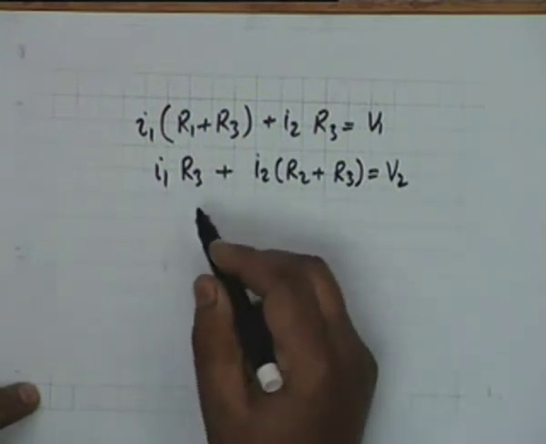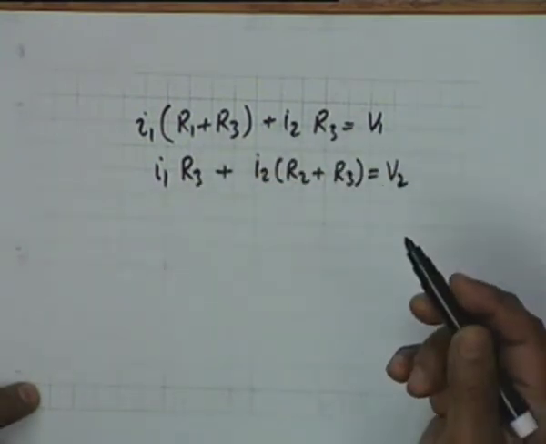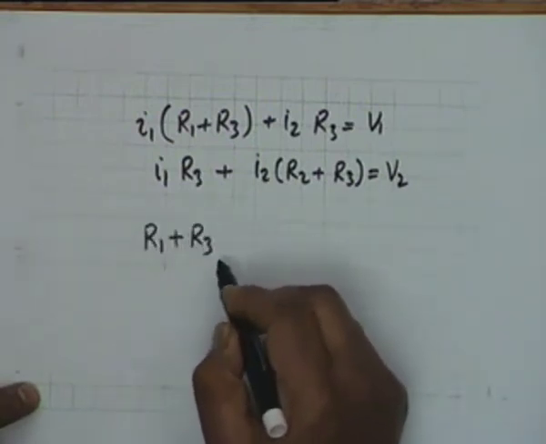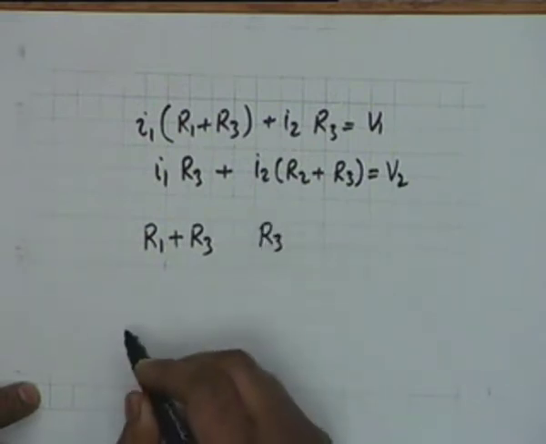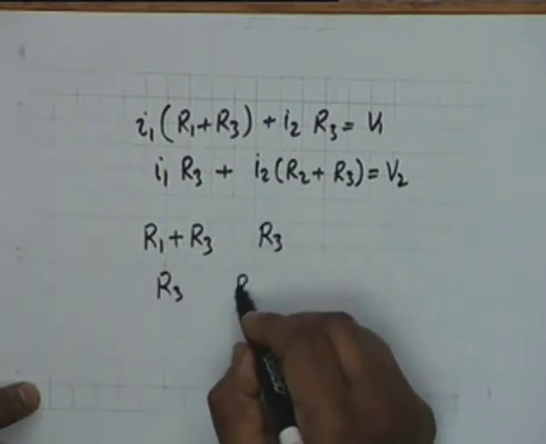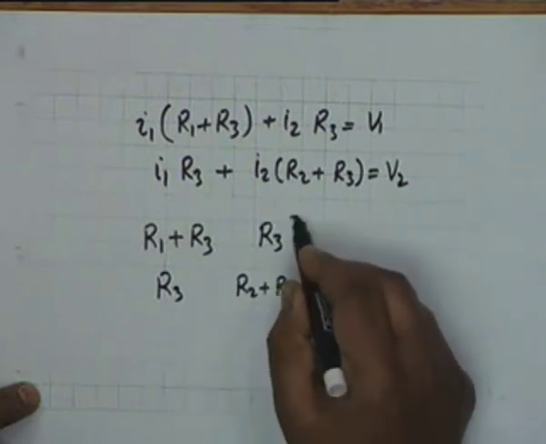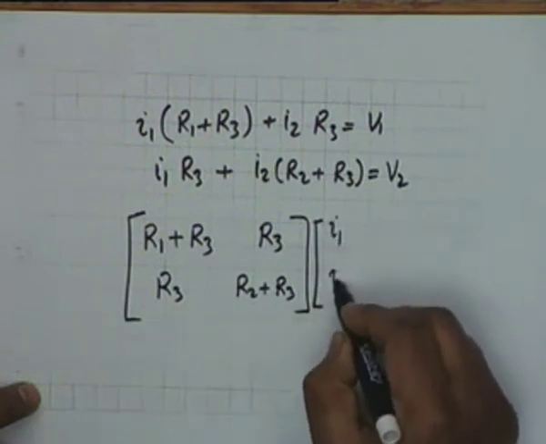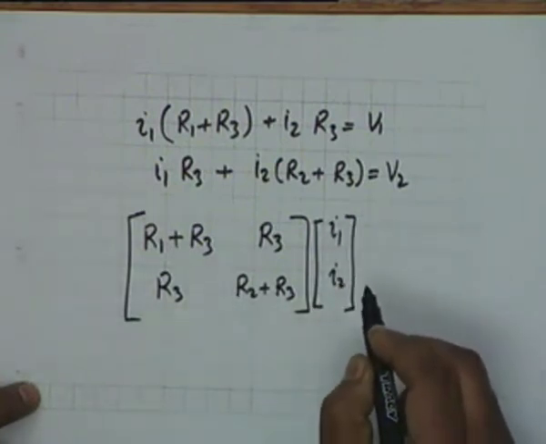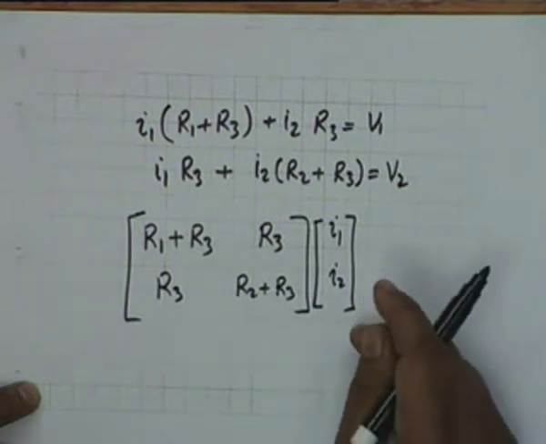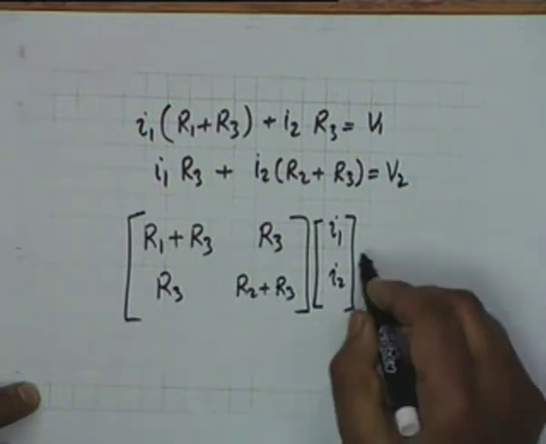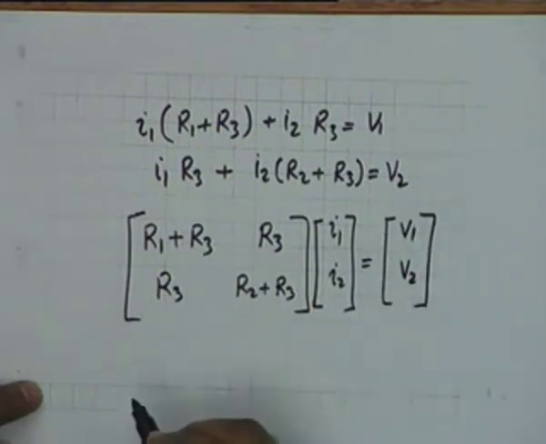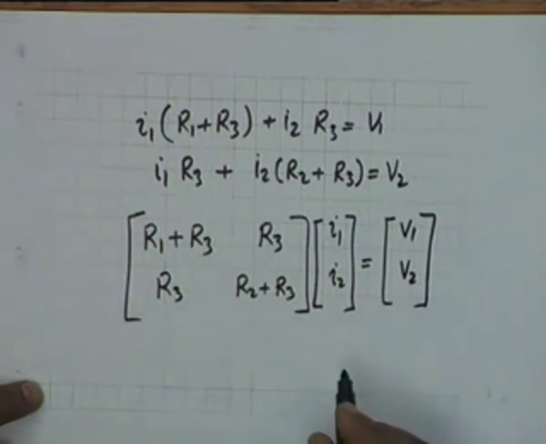So in matrices we write this equation in the form of a single matrix equation, that is we write the coefficient matrix: R1 plus R3, R3, then R3, R2 plus R3, this matrix multiplied by the vector I1 I2, a one column matrix. This is equal to another column matrix, namely V1 V2,